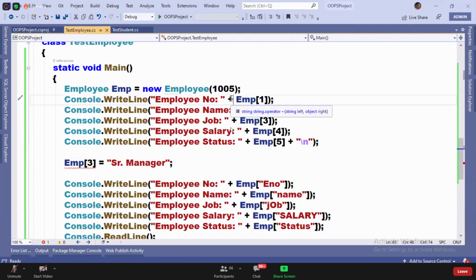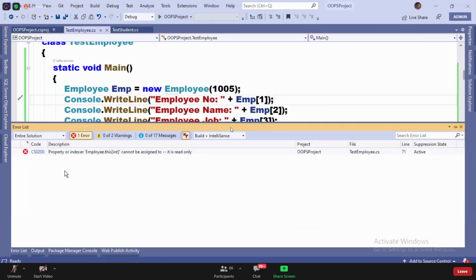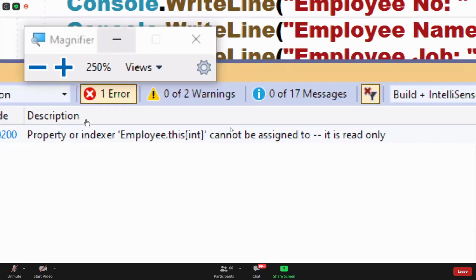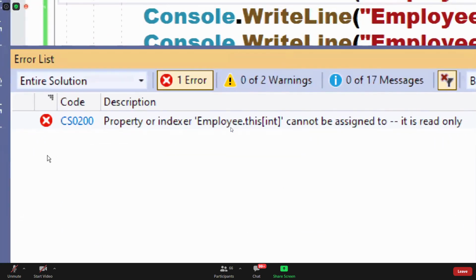Because you defined only a get accessor in the code. You did not write a set accessor. So your indexer is read only. Guys, do you remember when we read this error yesterday? It showed property or indexer, and I told you to ignore indexer. We'll talk tomorrow.